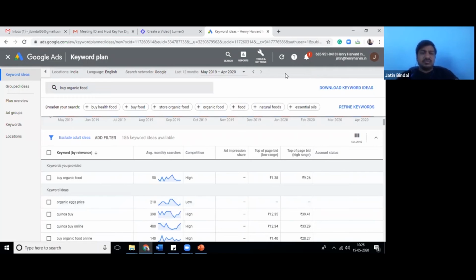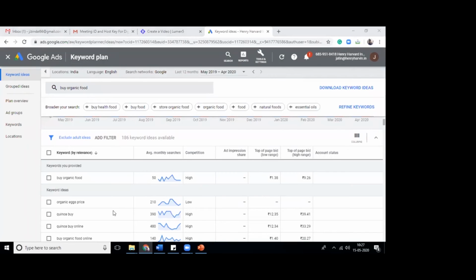Now, if you guys remember my suggestion about account structuring, when I explained ad groups and how to make themed ad groups, I told you how to define what category will be at campaign level and what category will be at ad group level.